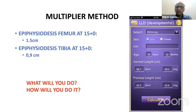Okay, so how will you take a decision in that case? After the elbow x-ray, how do you decide whether to go in or not? At what point? So if the elbow x-ray shows that the olecranon is shut down, it's closed, then it's unlikely that this 1.3 centimeter would increase to 2.1 in that patient. Okay, right. But if the x-ray says that yes, the growth is remaining,